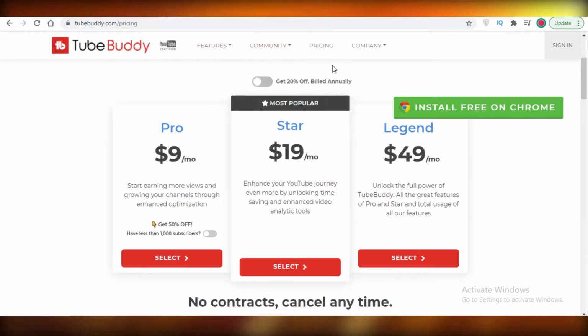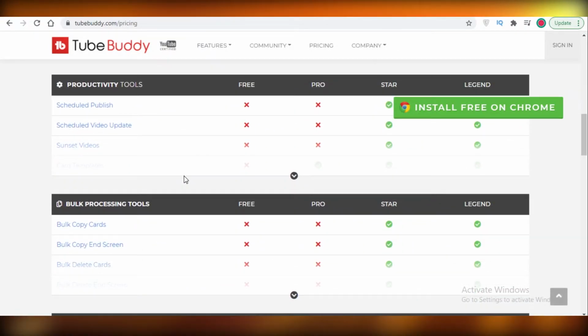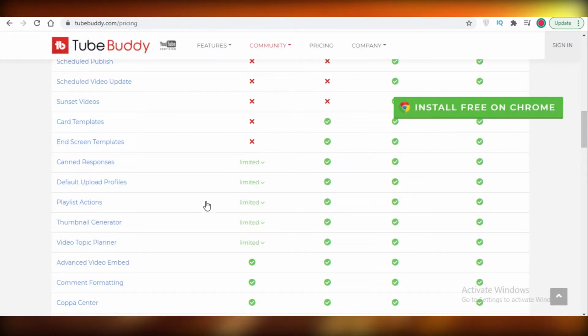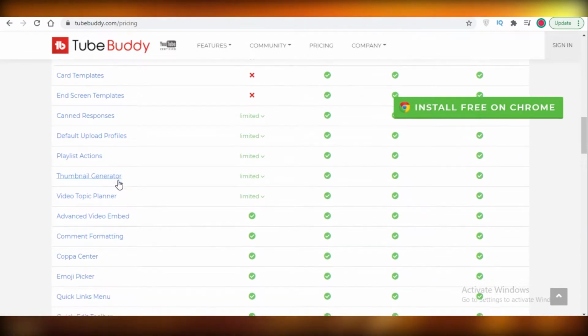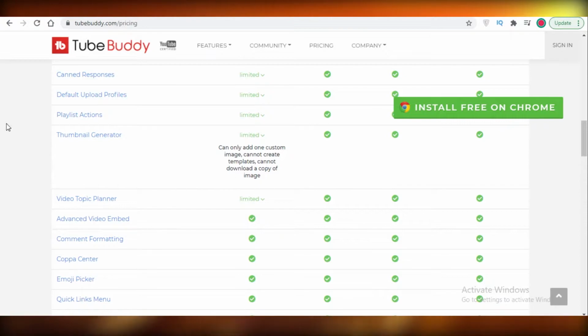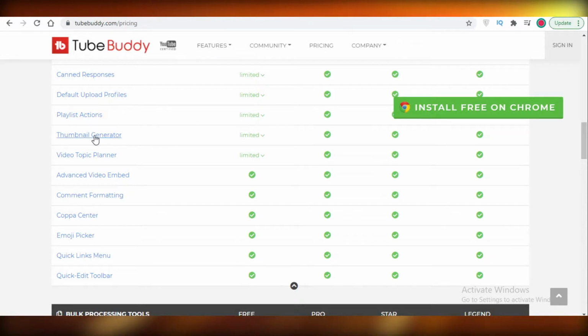Now, the lowest price plan on TubeBuddy starts at $9 a month, and the features that it provides are rather lackluster compared to VidIQ. Now, it gives you canned responses, you get default upload profiles, you get playlist actions, you get thumbnail generators, but that's only limited. So you have to make sure that you actually read within this, and you can add one custom image, but you can't really create templates,